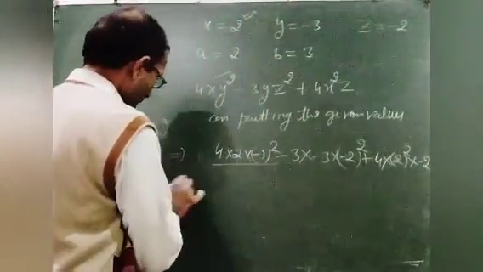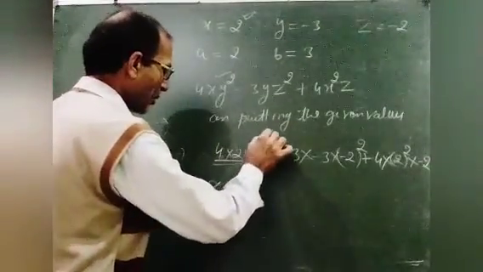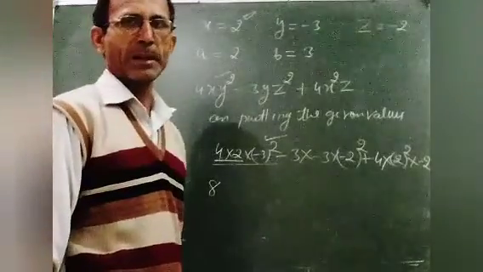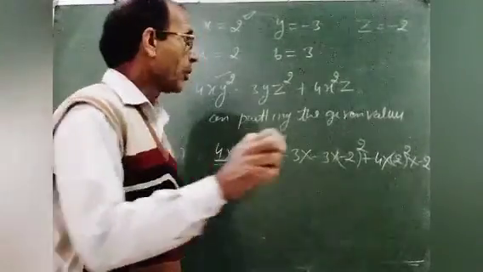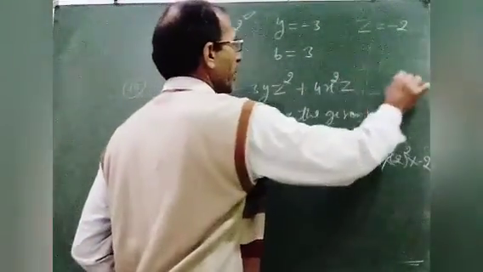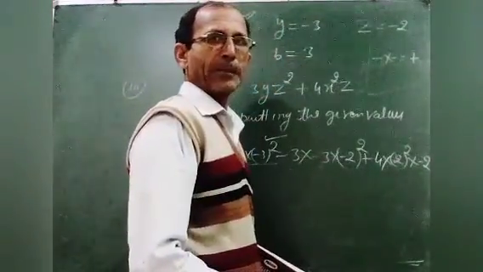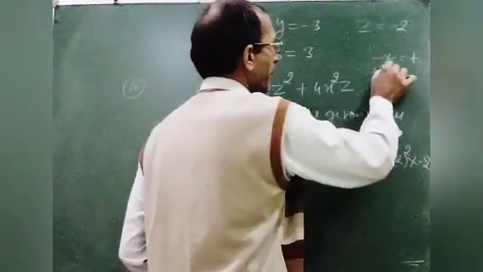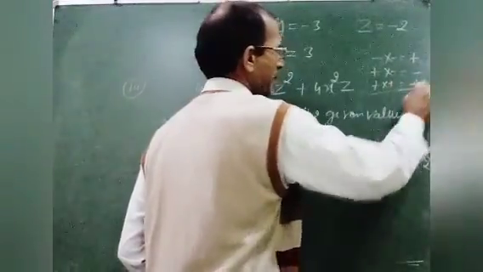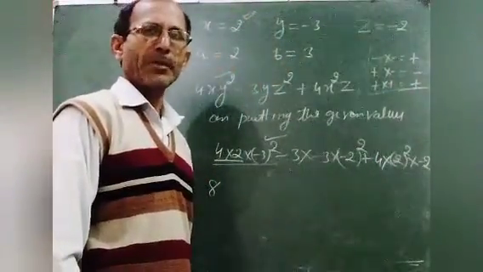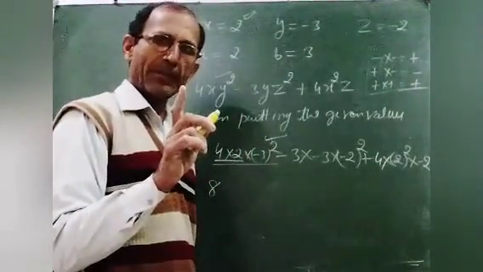Now see, first I will multiply 4 with 2. 4 2s are 8. Now students, some students are confused, they don't know how to multiply. So first they have to be clear how to multiply. Rules of multiplication: if signs are alike, both minus or both plus, their product will be plus. Minus times minus is plus, plus multiplied by plus is plus. So these are the rules of multiplication. Now see, minus 3 square means minus 3 will be multiplied by minus 3.